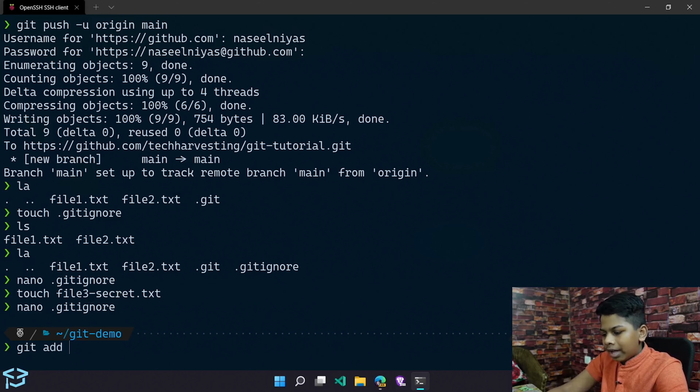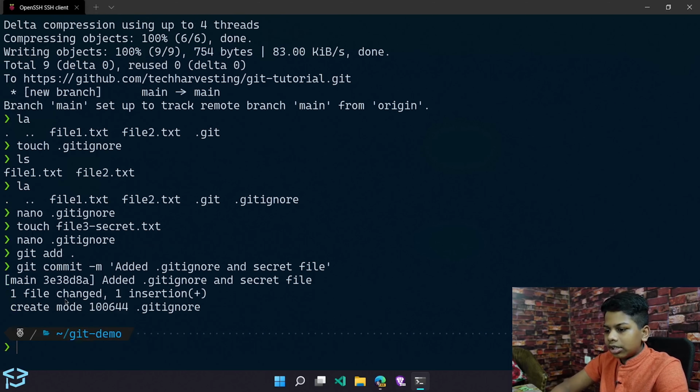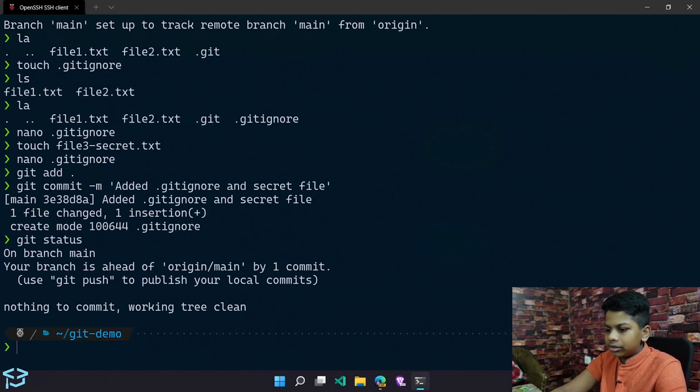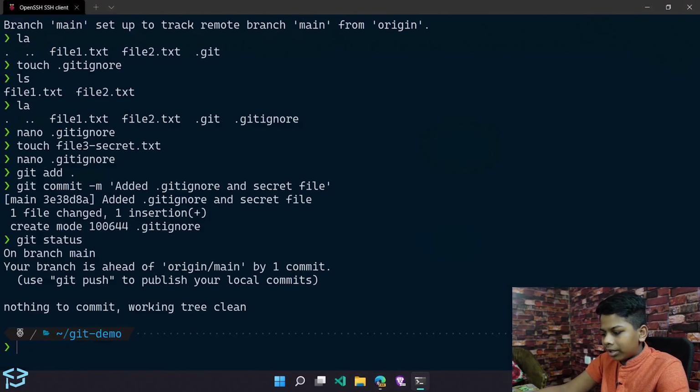So we can just git add dot, git commit -m, and the message I'm gonna give right here is added .gitignore and secret file. Hit enter. Created this. Now we need to push it to GitHub to see if this file has been ignored. We can also do a git status actually. You can see nothing to commit, working tree clean, and so on. And we can do a git push. Wait, let's just go up and get the command. git push -u origin,